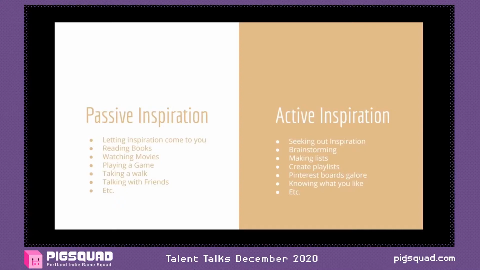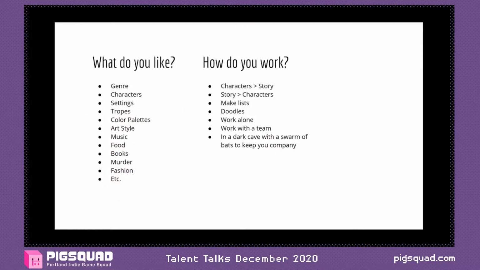When it comes to trying to generate ideas, a good place to start is to ask yourself, what do you like? Are there genres you lean towards, character types that you prefer, a setting that you'd love to see used? Maybe you really love science fiction and magical girls, and you want to create a story about genetically engineered heroes. Wait, is that just Tokyo Mew Mew? Forget I said that. The point is, you should know what you like, because if you're committing to creating a story, you need to love it at least a little bit. You should be excited to work on it.